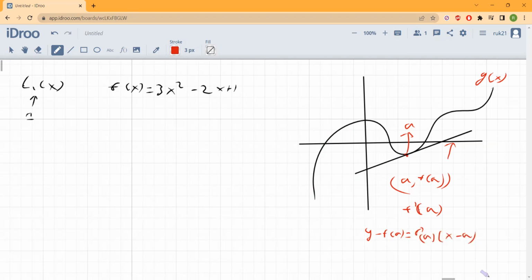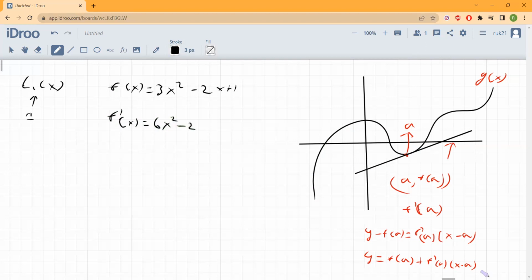Then if we simplify that a bit, we get y is equal to f at A plus f prime at A times x minus A. And so this is the linearization of g of x at A. Now let's go back to our question. What we have in our question is we need to find the linearization of this f of x at 1. So what we first need to do is find the derivative of f of x. If we take f prime of x, we get 6x